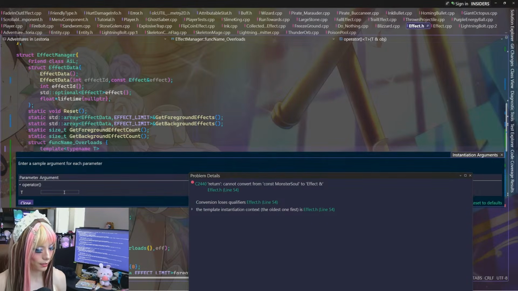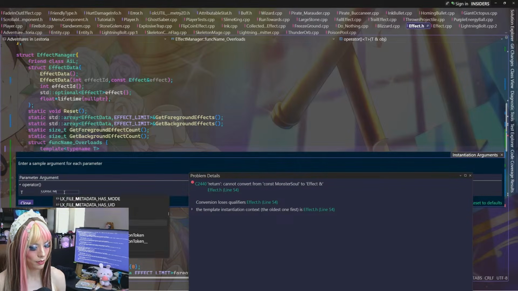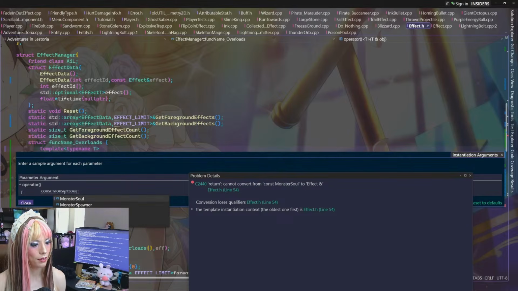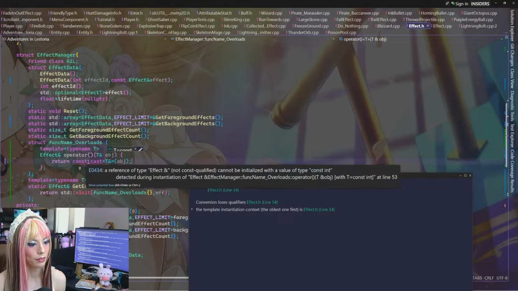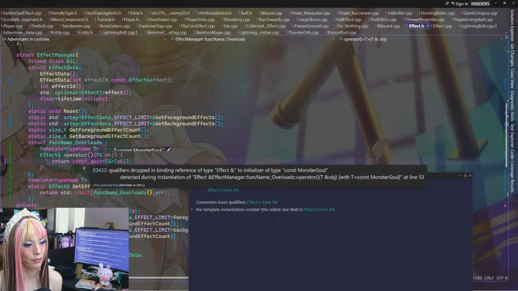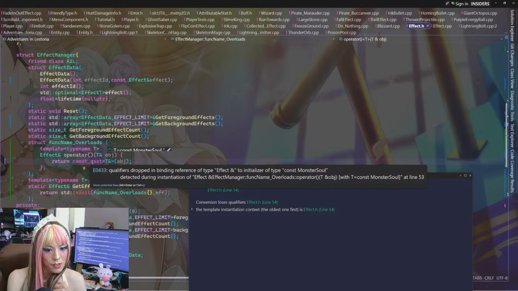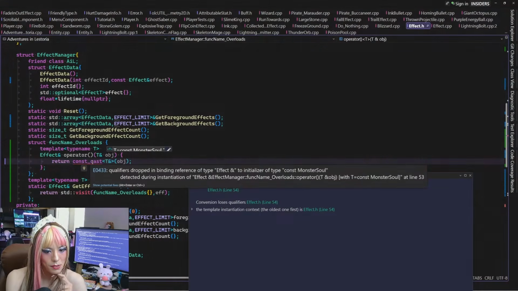It would be a const monster soul. It would look like that. So: qualifiers dropped in binding reference of type effect reference to initializer of type const monster soul. Detected during instantiation of effect reference, with T being const monster soul.